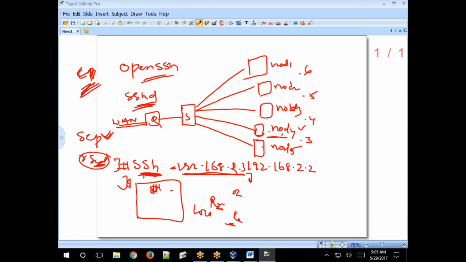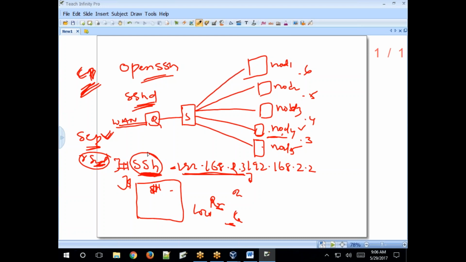When you copy files from your local machine to a remote machine, the command will work over the SSH protocol. So the files will be copied in a secure, encrypted manner, not in plain text. Automatically it will encrypt and decrypt. SSH means secure shell.